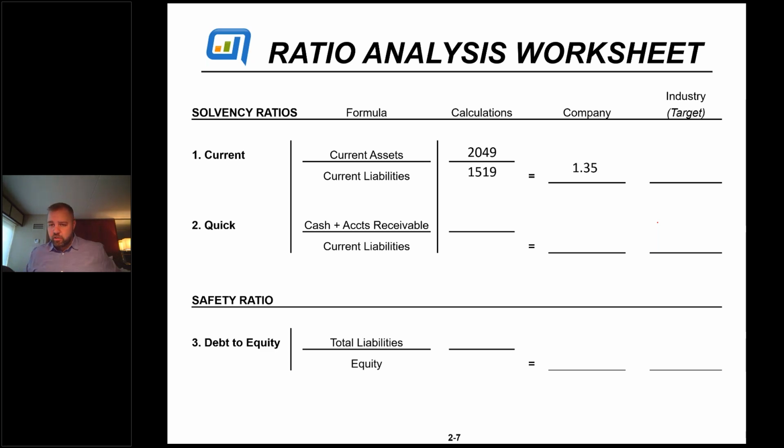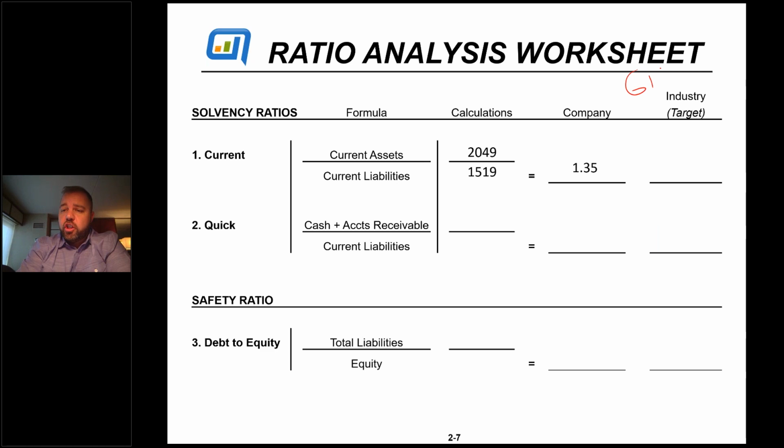And let me tell you something about ratios. In this case, it's 1.35 if you're following along. Ratios don't mean anything, right? Unless you compare them to something else. It's just a number. You can sit there and go, hey, I got a 1.35. You don't know what that means, right? You don't know if it's good. You don't know if it's bad. And that's one of the things I look at.